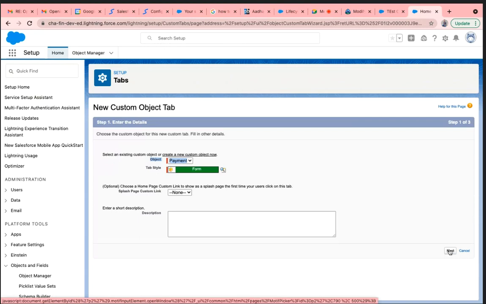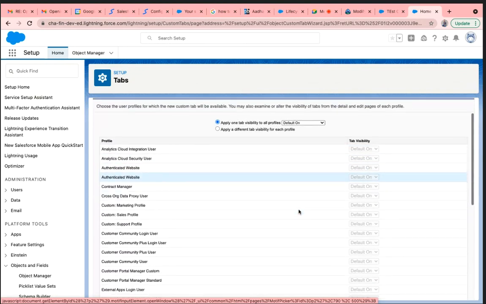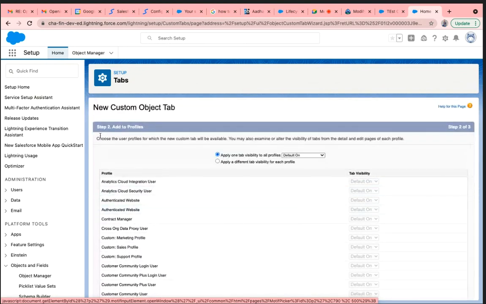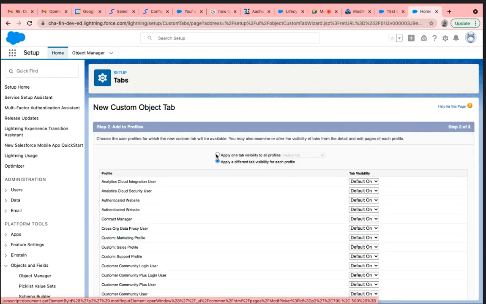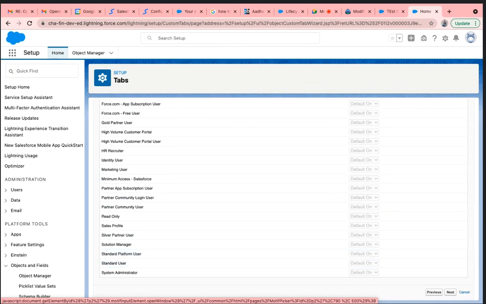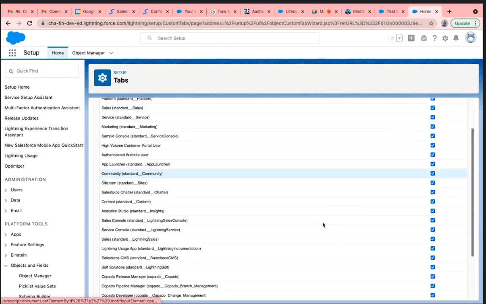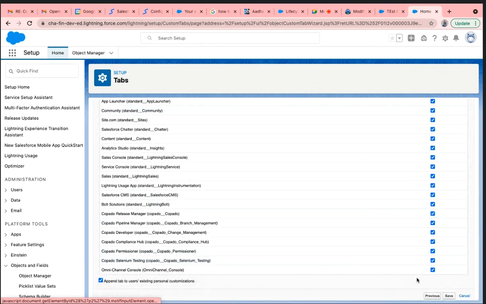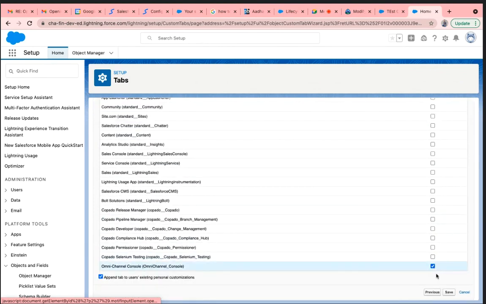It's okay. Once you have selected the tab and the style also, then you can redirect into the permissions where you are going to provide that particular profile. By default it will be on for every profile, or you want a specialized visibility for a particular profile, you can give it to this. Okay, so ideally by default I am keeping it in the public only. So here, whatever tab you have created, the tab visibility for which object you want to provide, you can decide here. So I am going to remove all these things, just keep it here and save it.